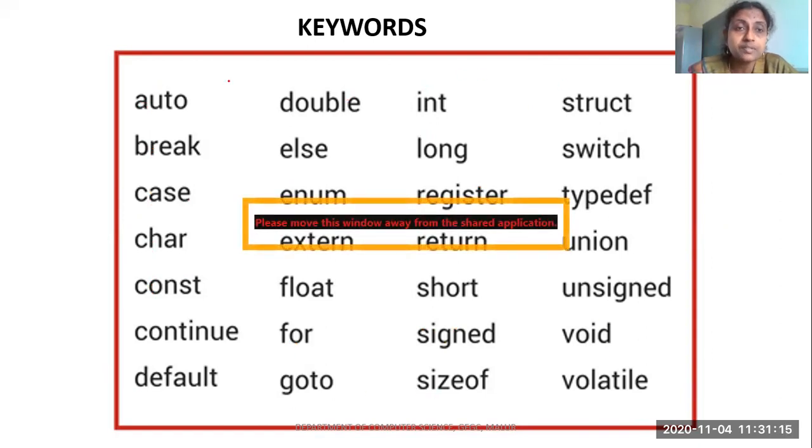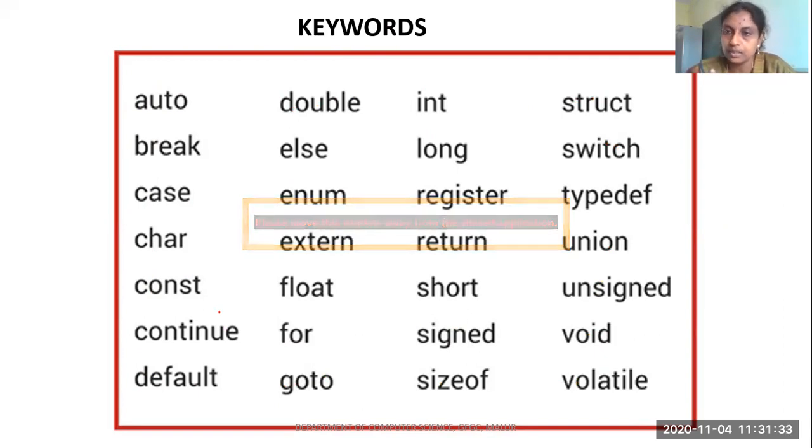You can observe that this is case sensitive. That means keywords should be written only in small letters, lowercase. You can see none of the keywords is written in uppercase. So whenever you use a keyword, everything has to be written in lowercase. That you should remember. So we finished with one token concept, that is called keyword. Reserved words are called keywords.